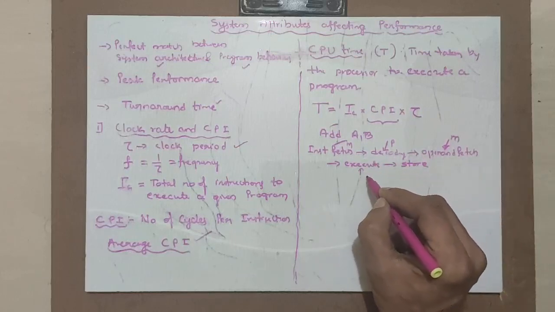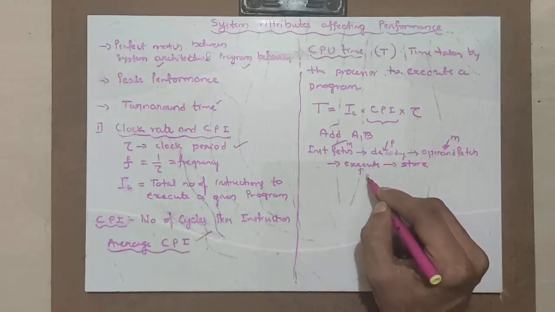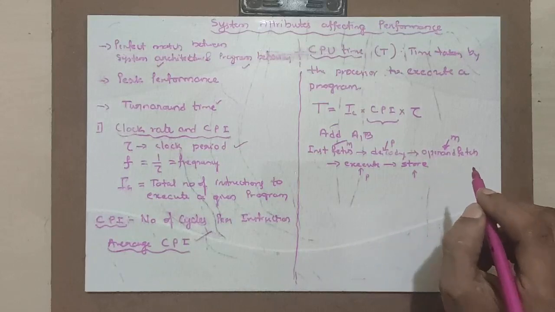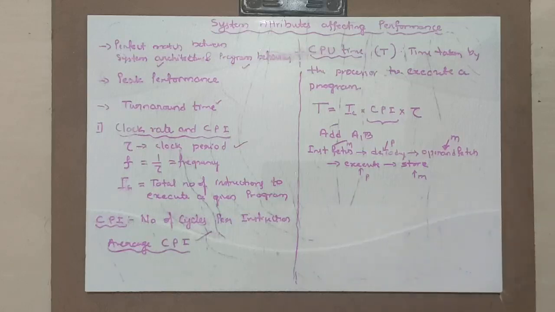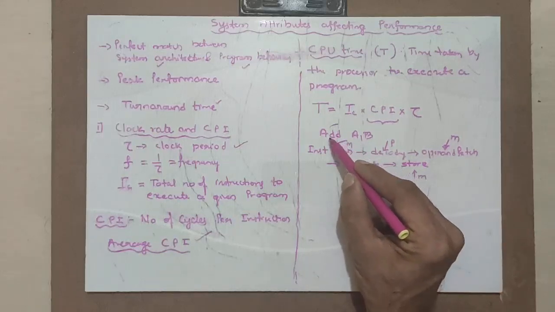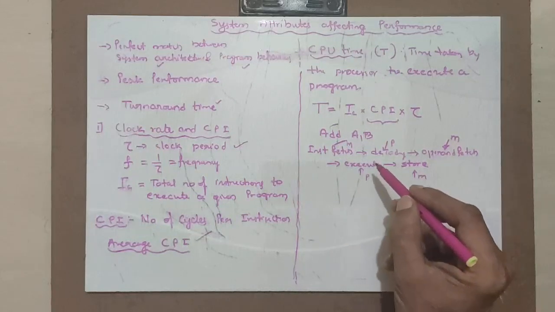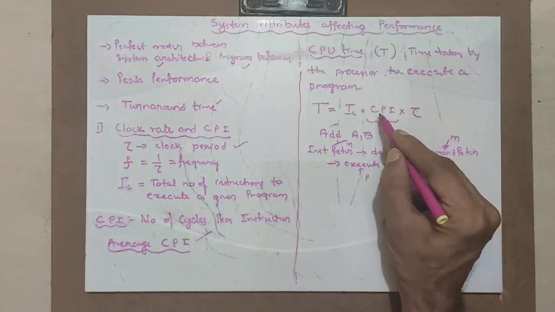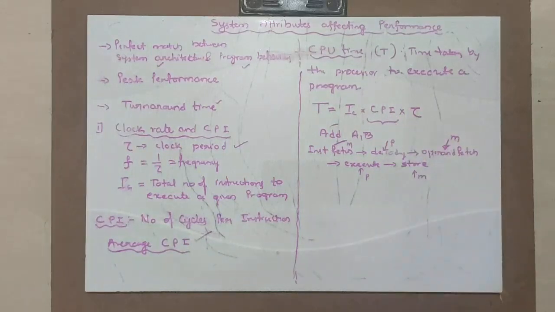Execution, where you are executing, is a processor operation. The processor does the execution, isn't it? This is the processor cycle. The last cycle is storing, where you are storing, which is a memory or register related operation, hence it is M. If you see a single instruction, add, although there are 5 different operations, out of that 3 are related with memory and 2 are related with the processor. Hence an instruction cycle depends upon memory operation as well as processor operation.